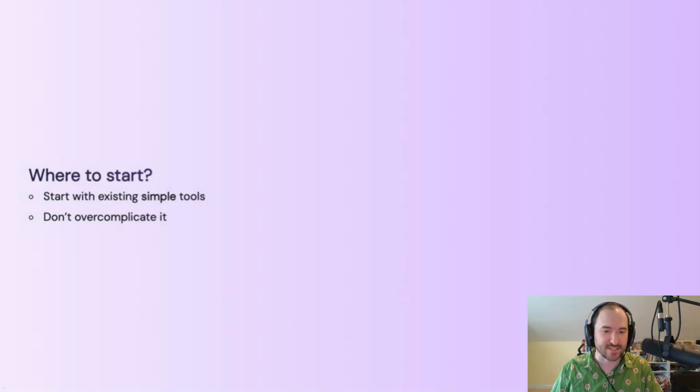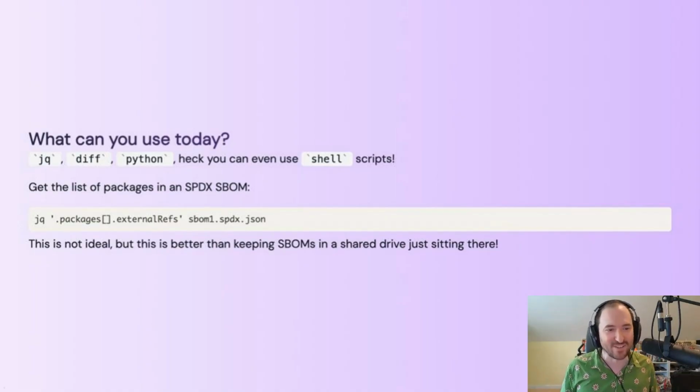And what does some of that simple stuff look like? Well, you will probably have a lot of this stuff already installed on your machines, right? Whether you're running on a laptop or you're running this inside of your CI/CD system like Jenkins or GitHub Actions or whatever, you probably have this stuff already installed. If you just want to understand what are the components you're using inside of your projects, assuming you have the SBOM,